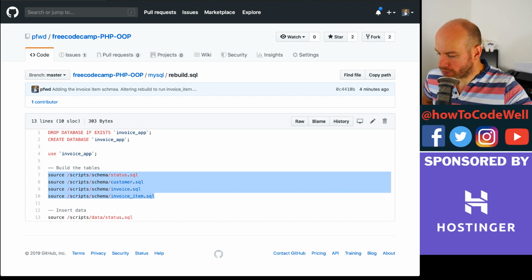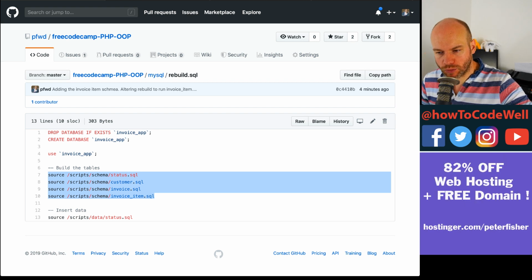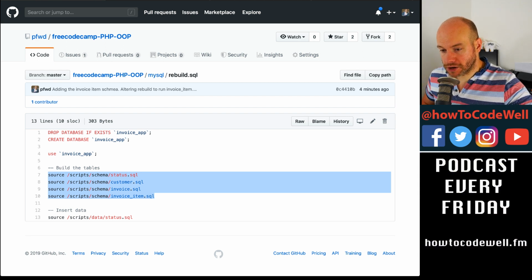But I'm super impressed with how this is going already. We've got the tables done. We managed to do this in a week, which is great. I really wanted to get this finished this week, which we have done. So yeah,